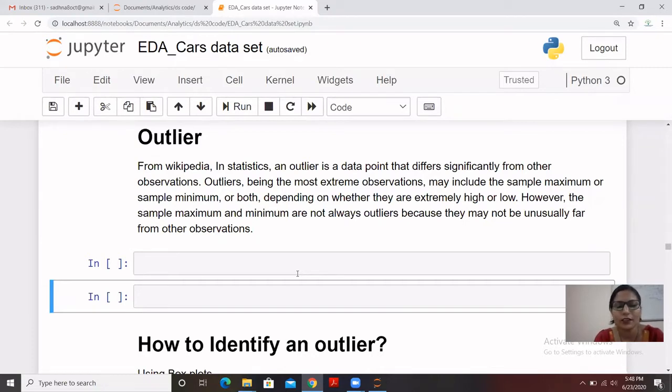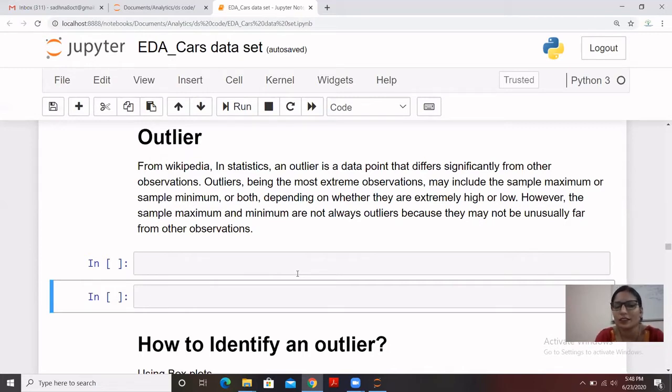As we discussed the definition of the outlier, in case we have a collection of data, any data point which behaves differently from the remaining data points is an outlier, in very layman terms. The definition which Wikipedia gives us is: in statistics, an outlier is a data point that differs significantly from other observations.